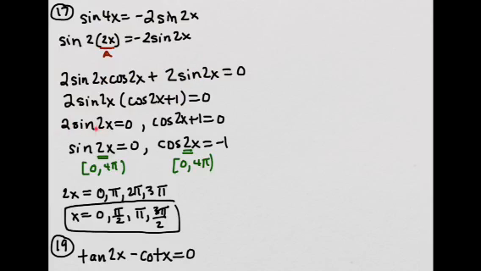So you set each factor equal to 0. That's what you have right there. When you divide by 2 on both sides, you still get a 0. And then here I subtracted a 1, and I got this. And remember, this is 2 times around the circle because it's a 2x, so the domain is from 0 to 4 pi. So 2x,